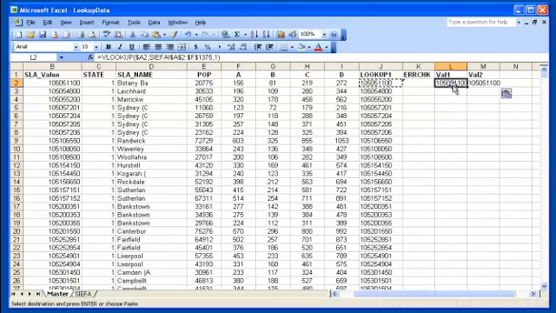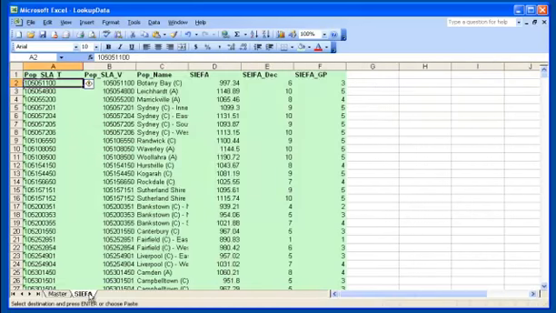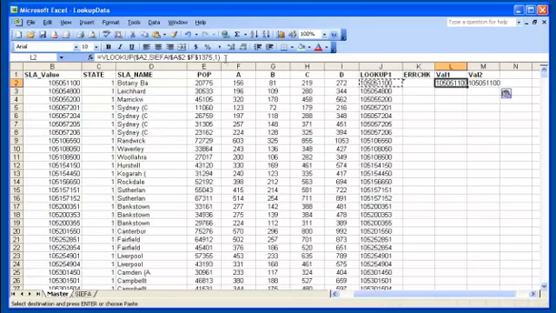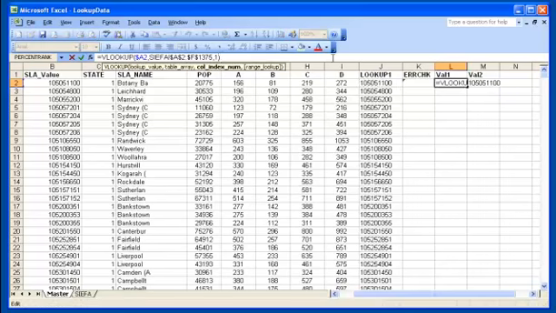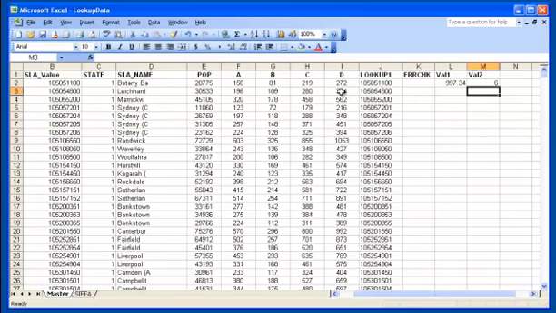Now, to actually get the value that we want from our slave table back here, we have to work out what column number it is. So this is column 1, column 2, column 3, column 4, column 5. So we want columns 4 and 5. Go back to the master, have a look at this one here. So if we put column 4 here, column 4, like that, there we go, we now have the value, and we go to the one adjacent, and we make that column 5, we'll get the adjacent. Now all I do is copy these, paste them below here,